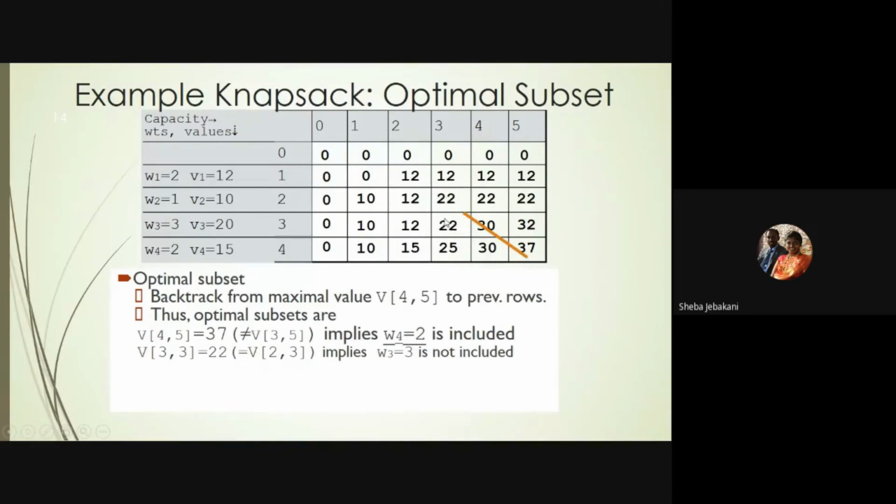So first let me check if I have not chosen this, what will happen? I will have to say that I'll be getting the same value as the previous one. So I'm checking if both are same. Both are same. I find 22 is equal to 22. That means accordingly, I can tell this particular object has not been chosen at all. So since I know it is not chosen, directly I'll go for the previous value.